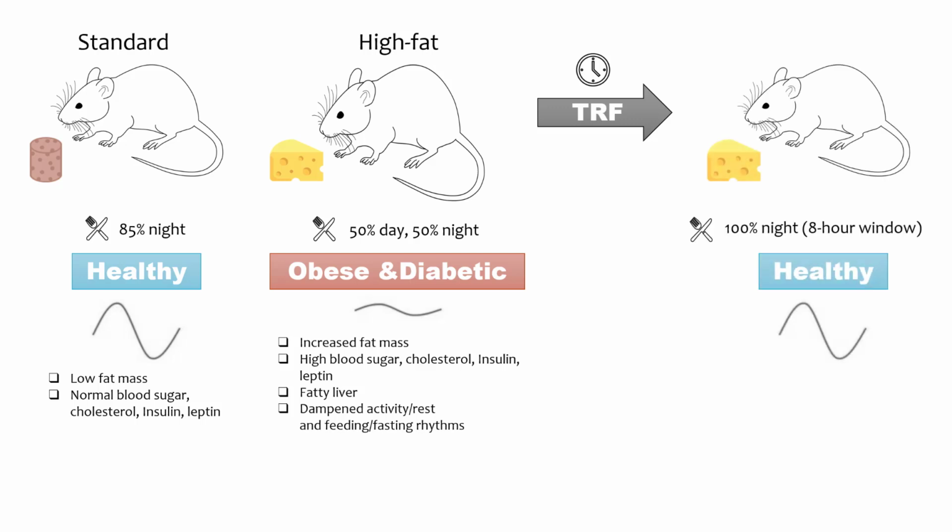Additionally, TRF is effective in preventing and even reversing many metabolic disorders that can be caused by changes in metabolic gene expression in diet-induced obese mice. This correlation between improved circadian rhythmicity under TRF, as well as its observed health benefits, led Sheks and her colleagues